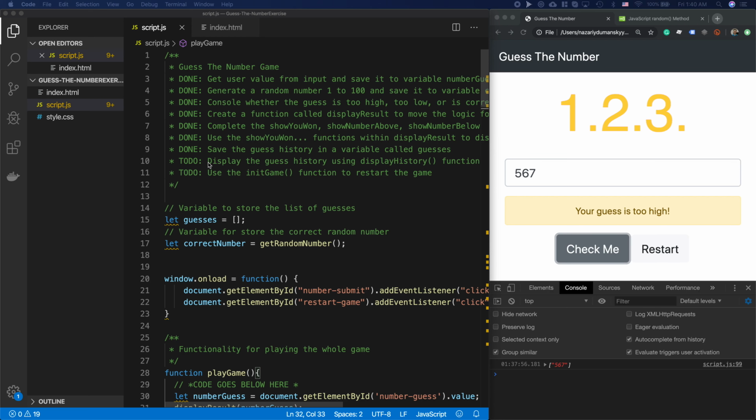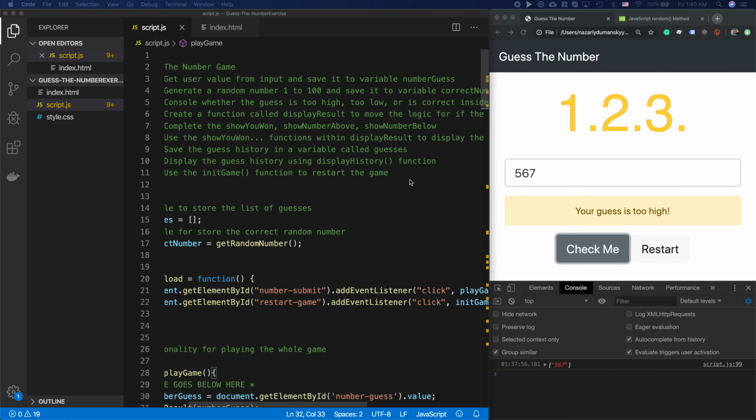To do number 9, display the guess history using the display history function. So really what we're doing here is displaying this guess history in this form fashion, like so, in this beautiful form fashion, okay? So if we scroll down to the display history function,